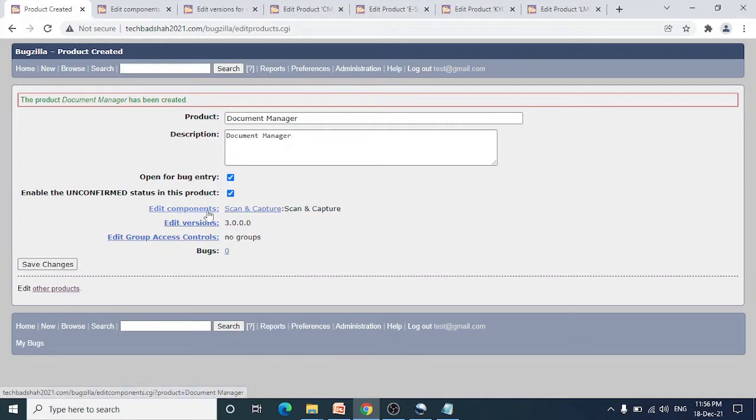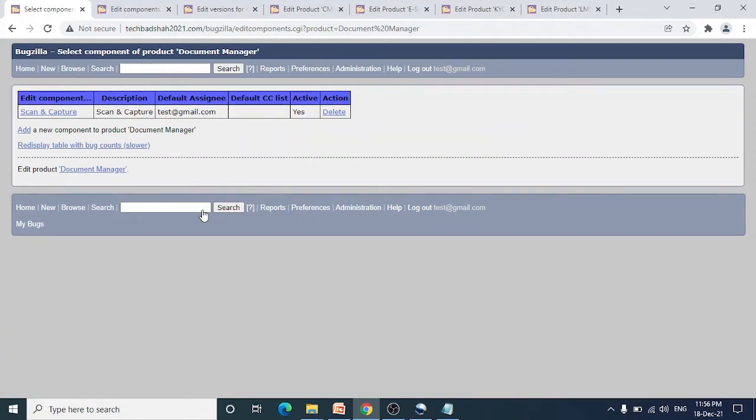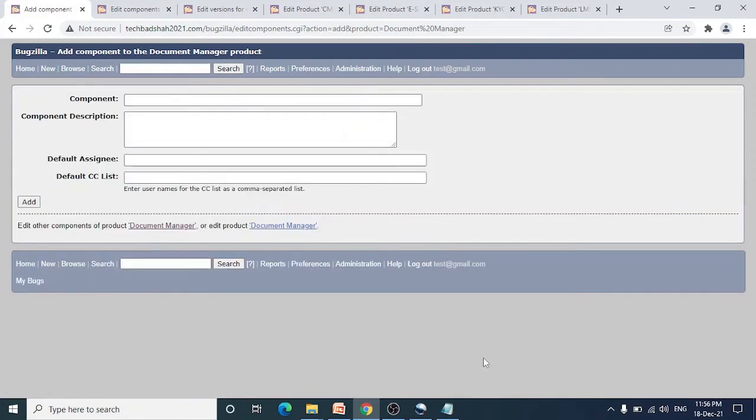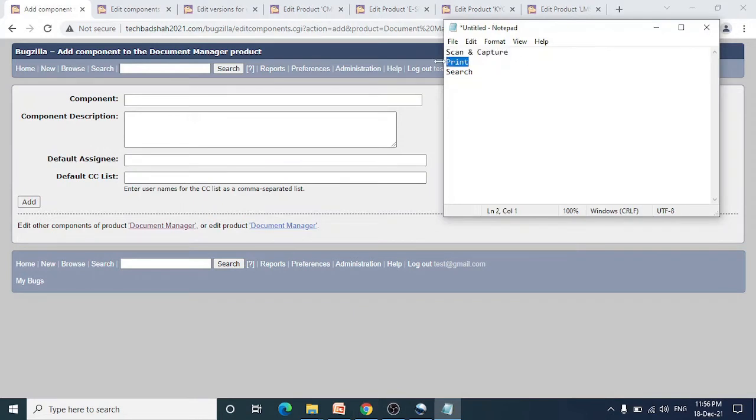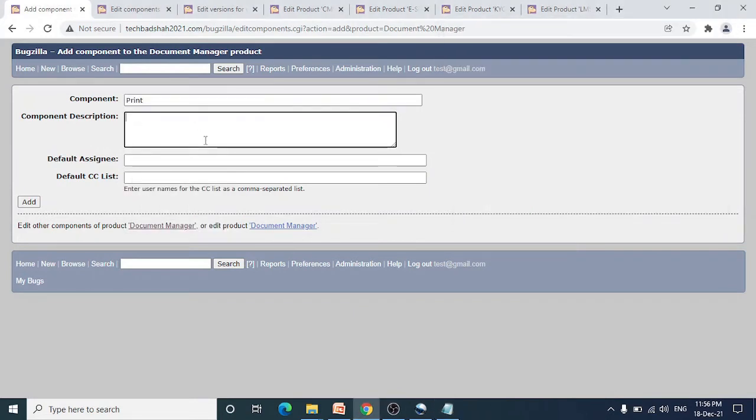You can directly click edit and then edit that particular component and you can add more. Let's go ahead. I want to add more components to it. I'll just click on components again here, edit component, so that I can go back to the component screen. You can click on add new. Or if you want to edit or delete, you can use this option here directly. Okay, let's add new. I'm using another component called print. Here also we need to ensure that you have a default assignee and click on add.